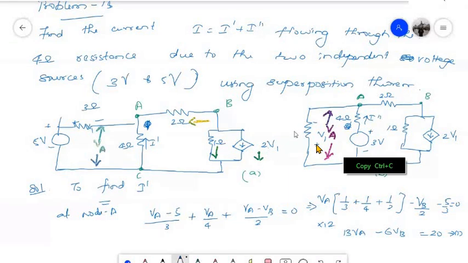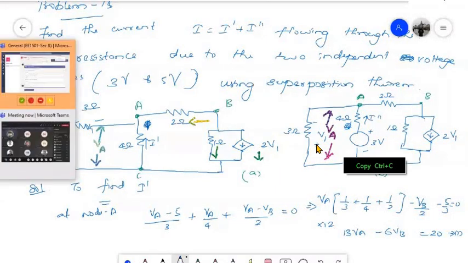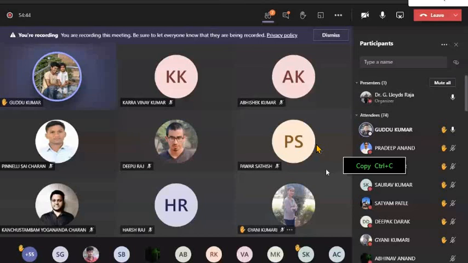Okay, so this was missing in the question. That's why probably you got confused. I have not provided this. Now is it clear? Yes, sir. Now it's basically the same circuit. These two are the same. Only here I have connected the 5 volt voltage source, and here I have connected the 3 volt. Ultimately, the question is what is the net effect of these two, or the total current that is flowing through this 4 ohm resistance due to these two voltage sources. Thank you, sir.